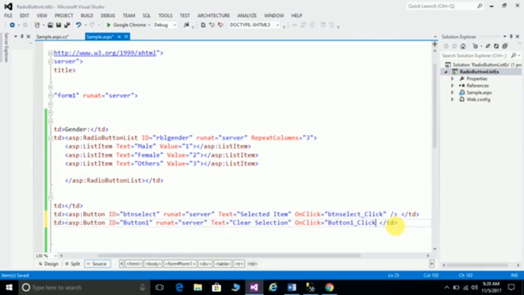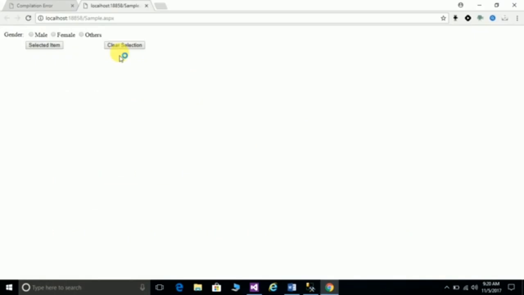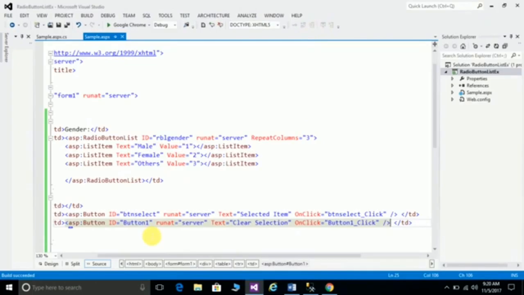There was some extra space after the name of the button. Now let's see whether the buttons are properly closed or not. That I have checked, and now again we are running the program. So now the buttons are added as part of the second row, and in that we have two columns.